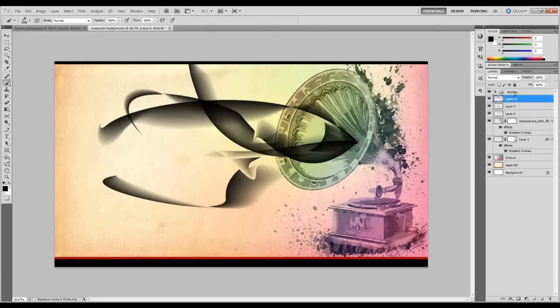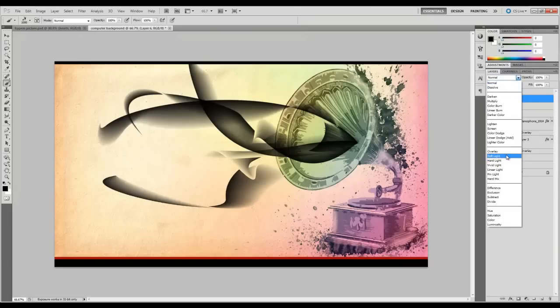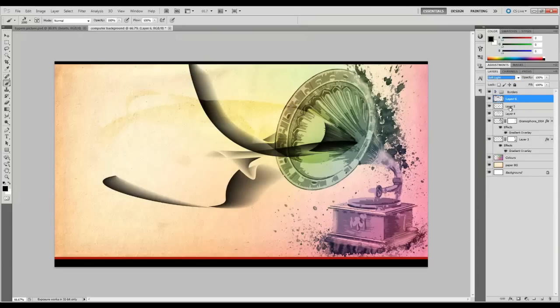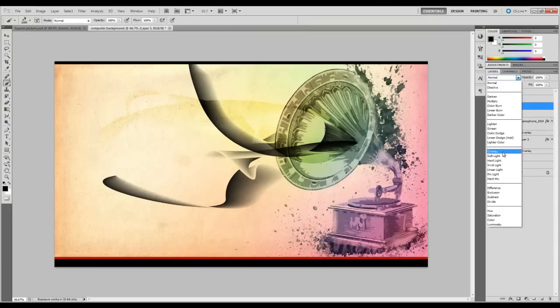Once you have that, you can change the blending mode to soft light on all three of them, or however